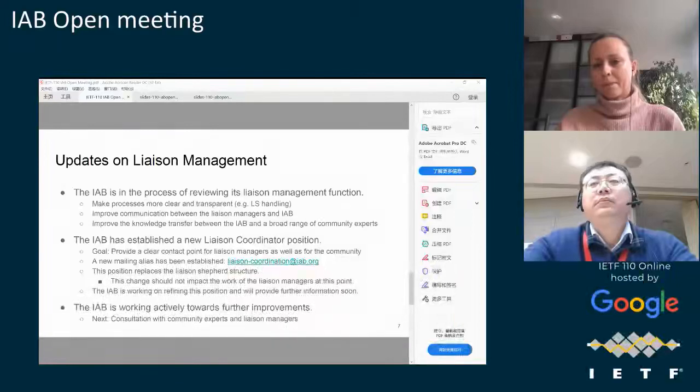ICAO does have a liaison with ICANN, but that's different in intent. So I'm just sharing with you that there are areas where maybe we could do better, and I don't know if I should be doing more or how to proceed on this.